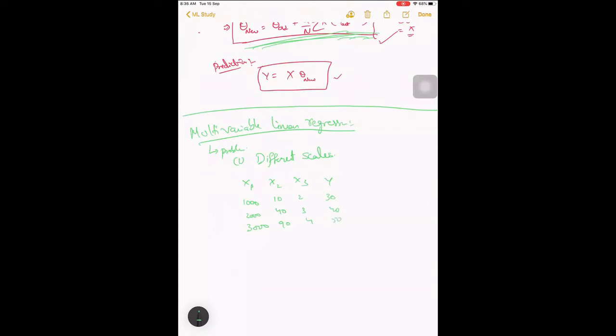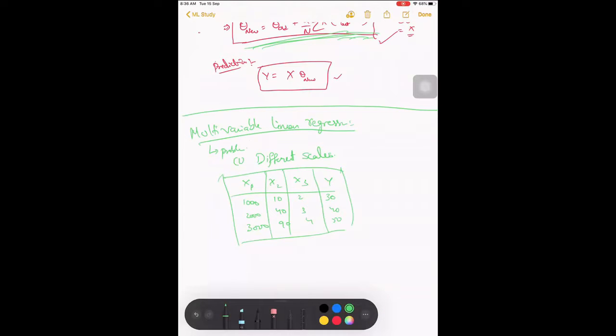We are not concerned about y anyway, because we are only using it for prediction, but we expect these x1, x2, x3 to be in the same scale.